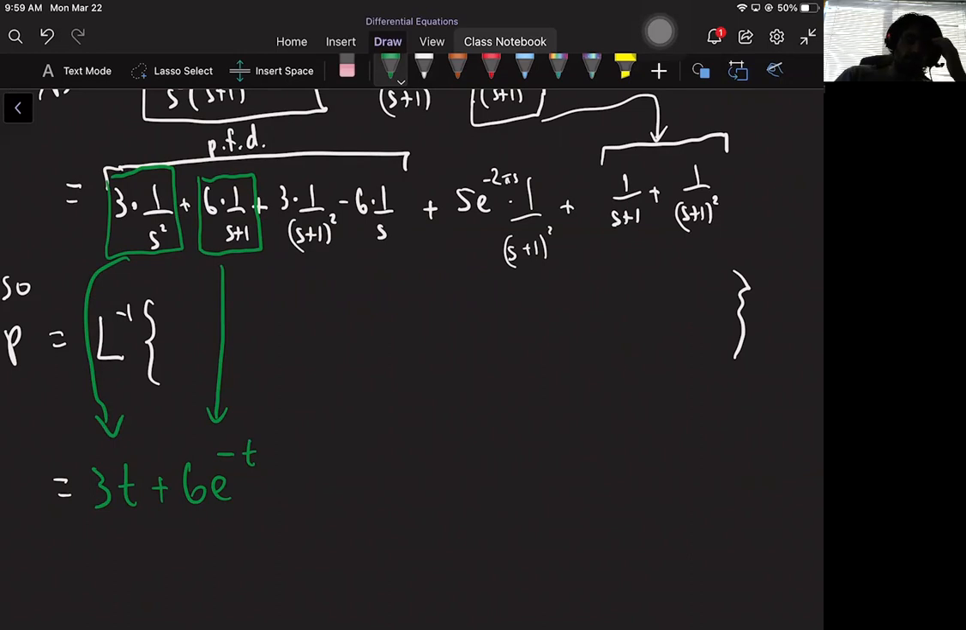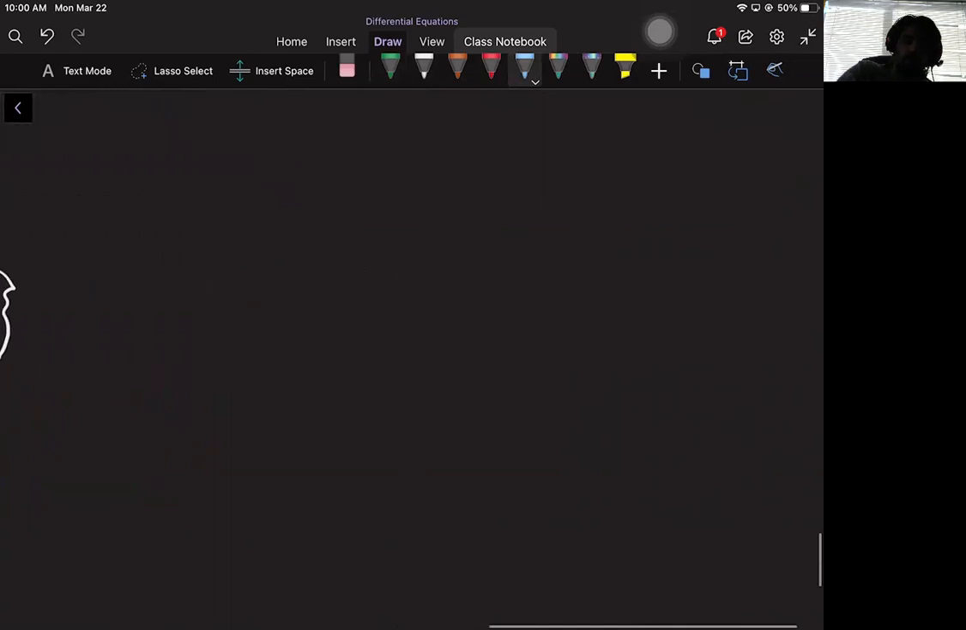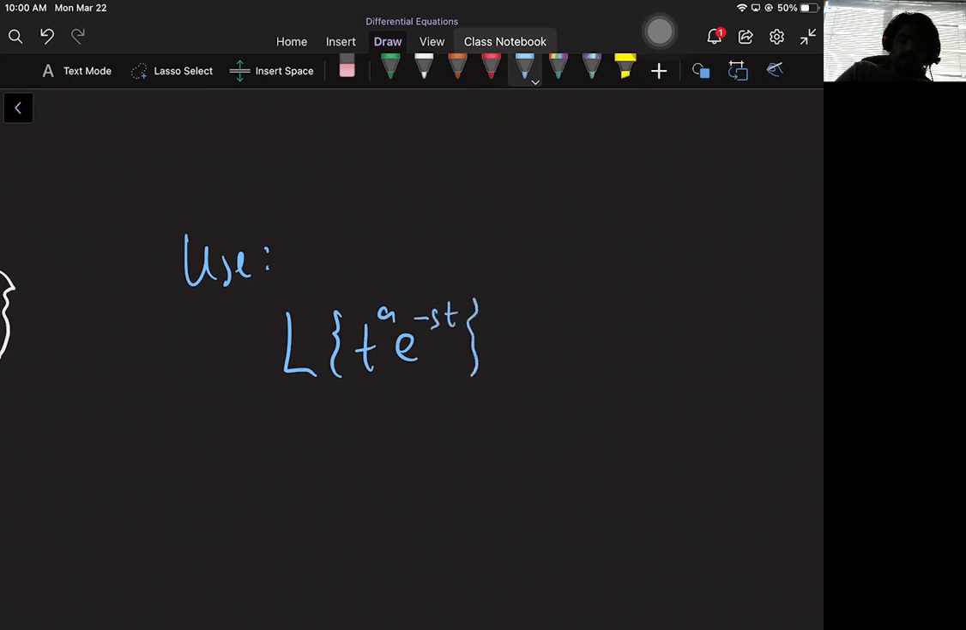Okay, this next one is new. Let's highlight it with a different color because it's definitely one that we haven't seen before. So let me go off to the side and use this other table. The one we're using now is that the Laplace transform of t to the n e to the negative a t is n factorial over s plus a